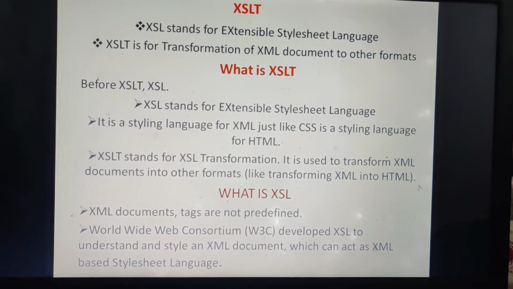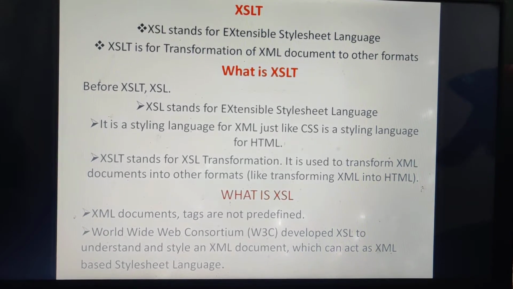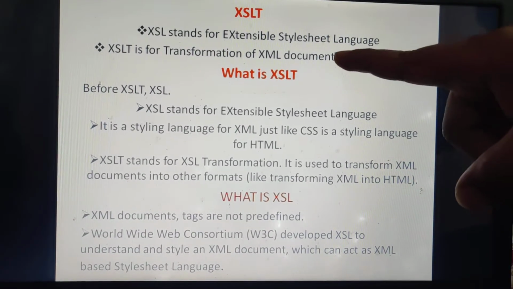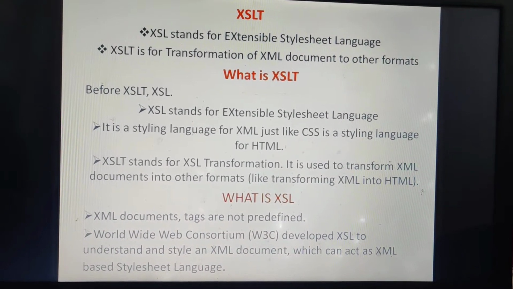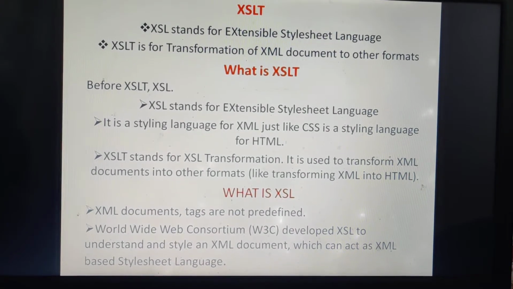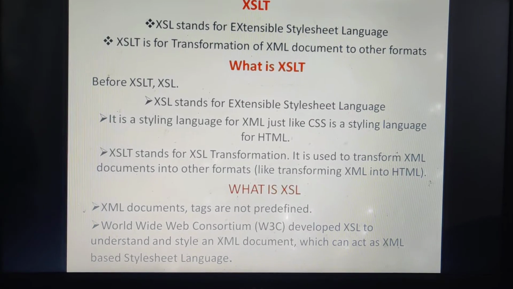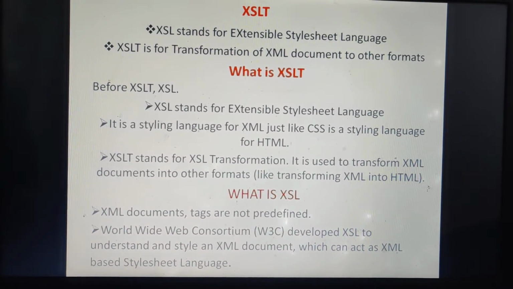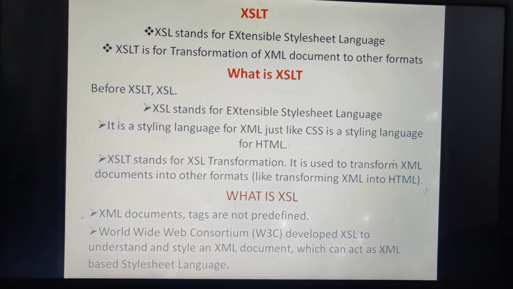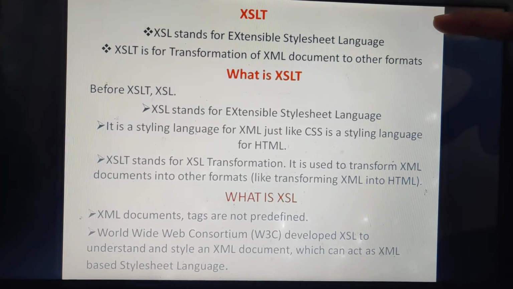So what is XSLT? Its abbreviation stands for Extensible Stylesheet Language Transformations. For that markup language, we represent some styles using a document called an XSLT document.